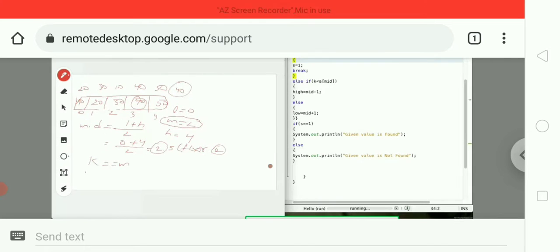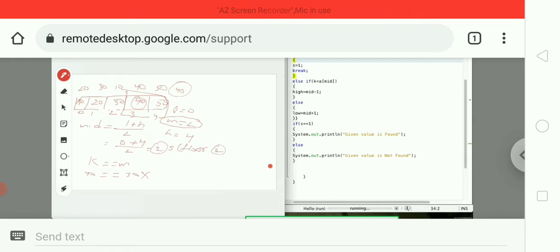Okay, now we have to compare whether our key value and mid value are equal or not. Our key value is 40 because we would like to find the element 40, and the mid value is 30. Here both are not equal, so our value is not found here. After that we have to compare our key value with the mid value. If it is greater than the mid value, we have to check the right side elements. We already know we have to keep our elements in sorted order only, so in ascending order. So here 40 is the value which we would like to find, and our mid value is 30.